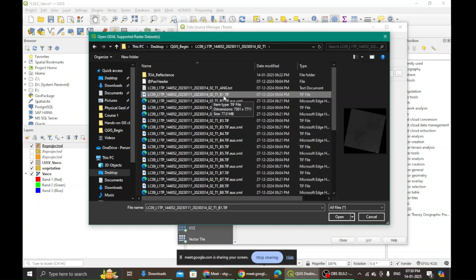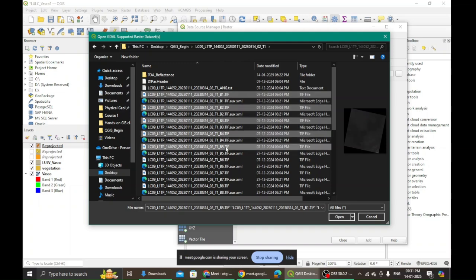Now, this B1 is what we are interested in. Landsat has such 11 bands. That means 11 eyes. Each eye can see a specific part of the electromagnetic spectrum. So we are going for taking down or importing band 1, band 2, only go for the TIFF imageries, TIF files, band 1, band 2, band 3, band 4, band 5, band 6, band 7.